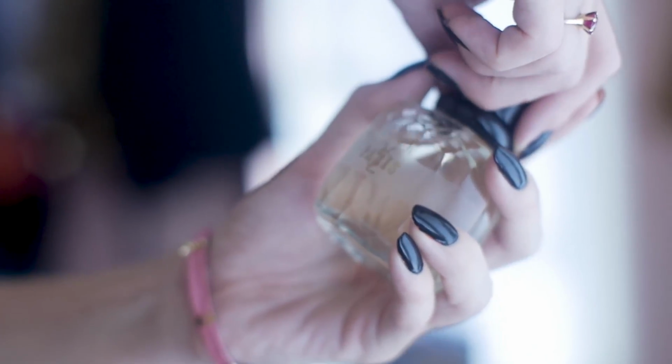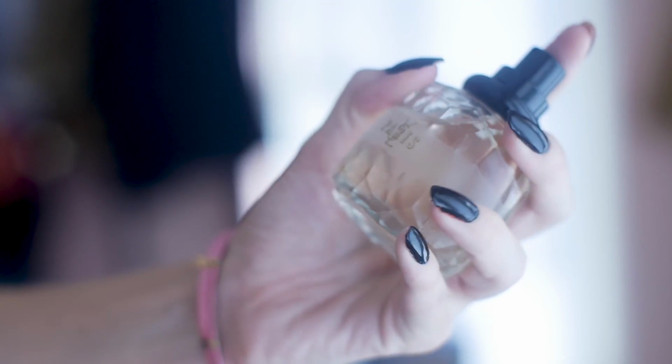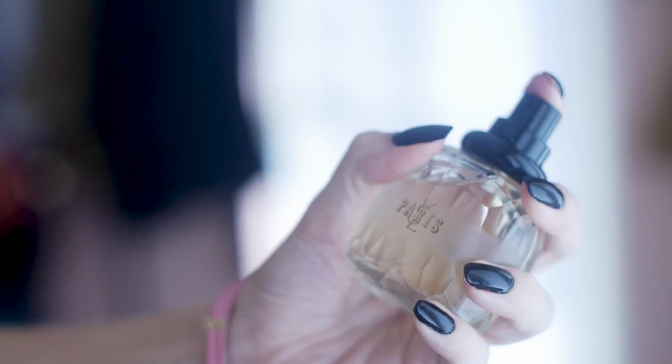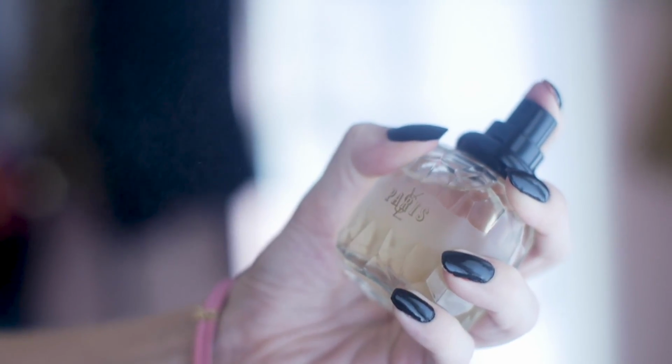I'm Jessie Sage and I'm here with a fragrance review for you today. I'm going to be reviewing YSL Paris. This is a fragrance that was hugely popular and even slightly overdone in its heyday of the 1980s. So nowadays it's a little bit overlooked and it's like a hidden gem for rose lovers like me. So if you love roses and you love perfume, get yourself a little cup of tea and find out about